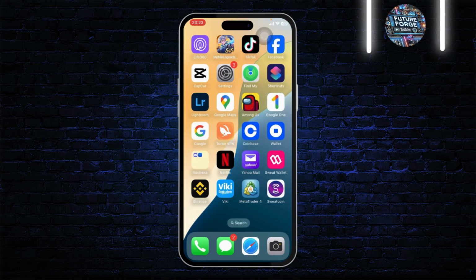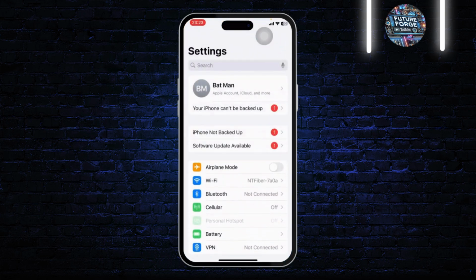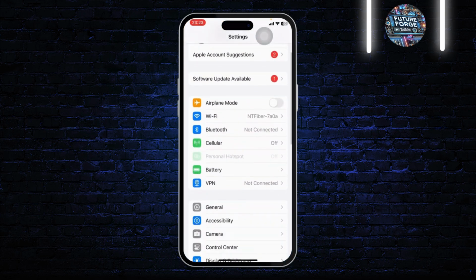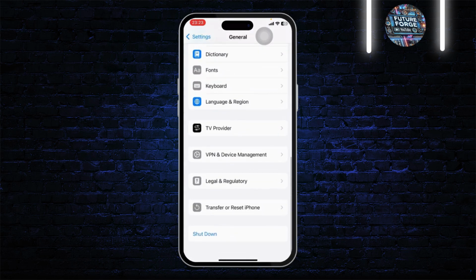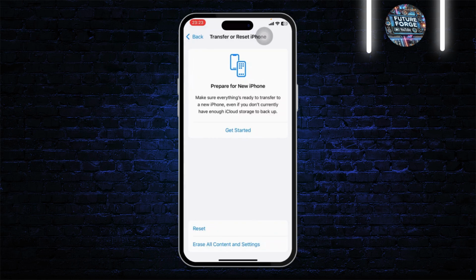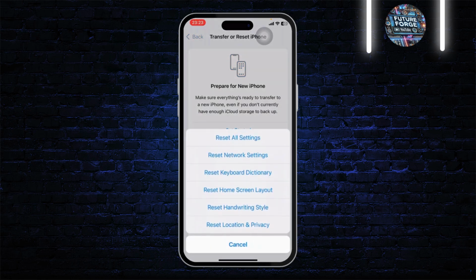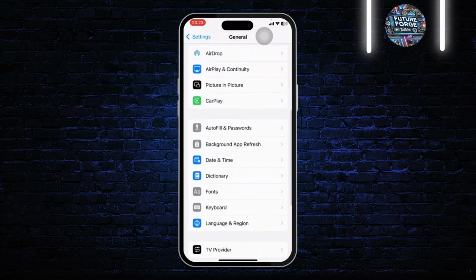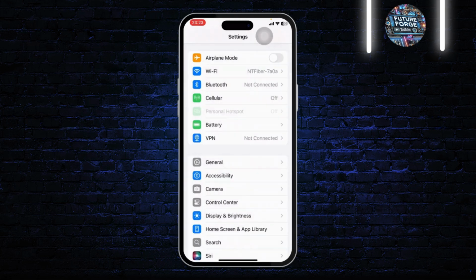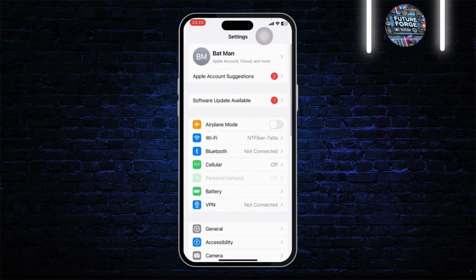After you do that, you will need to head over to your settings. Under settings, scroll down under General, head down below till you find Transfer or Reset iPhone, tap on it and tap on Reset. Now reset your network settings and restart your iPhone. Now this is a one-time thing, so just do that, and after you've done that, head over to your cellular